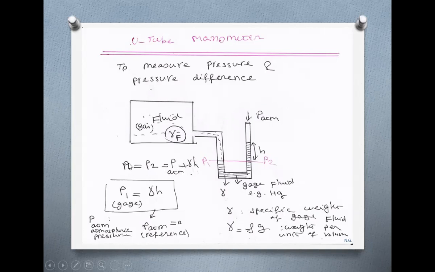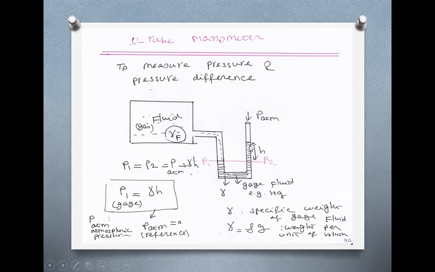That's P1 expressed as absolute pressure. If you set pressure of atmosphere to 0 because you are using it as a reference, then you have P1 equal to gamma H. Now you express P1 in terms of gauge. So the gauge pressure of this gas